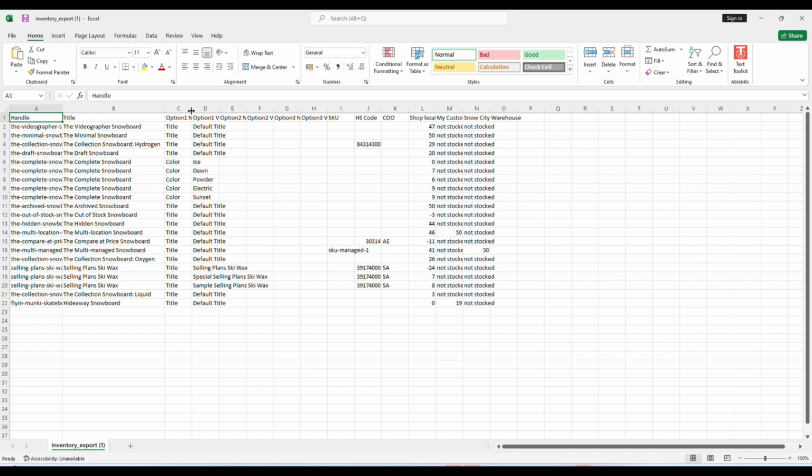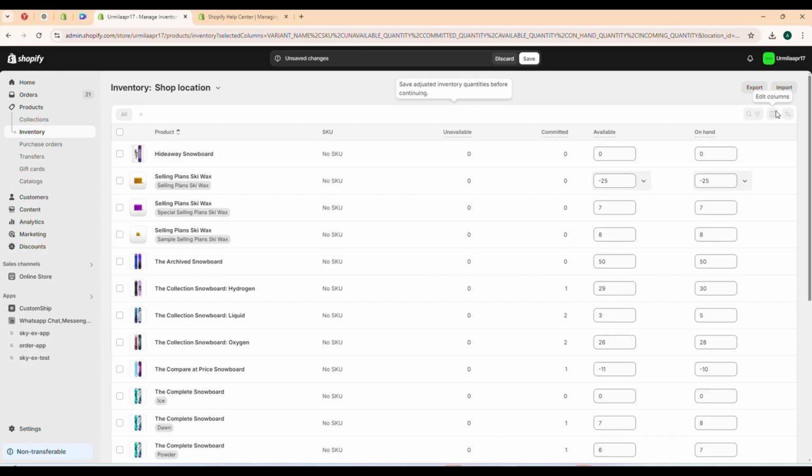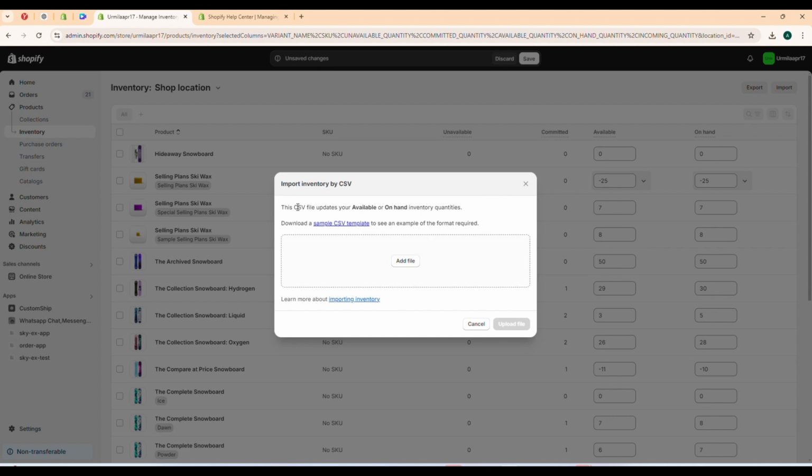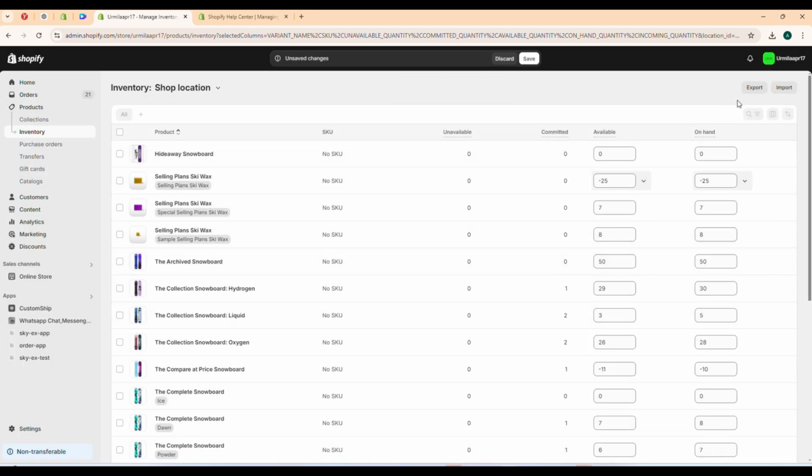So let's just go back to Shopify and click on import. Now you need a CSV file. So on your Excel, just save it as CSV file and now you can add it to your inventory. You can export and import files from your inventory. We can also add another location. So let's just go to our settings